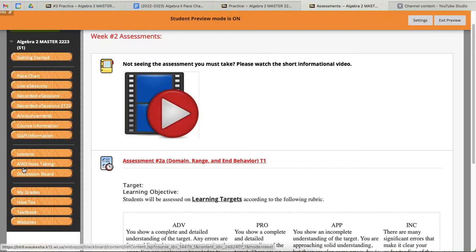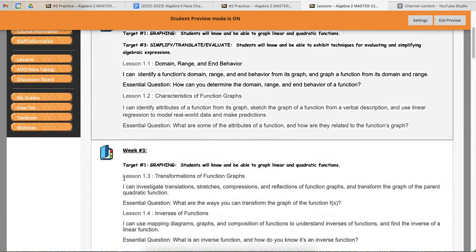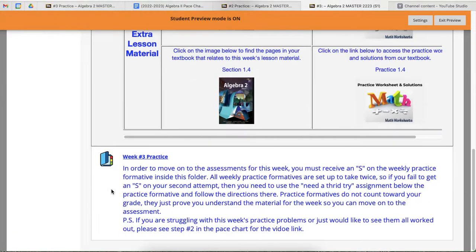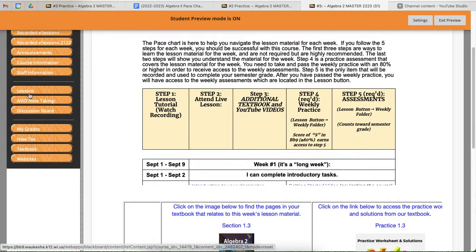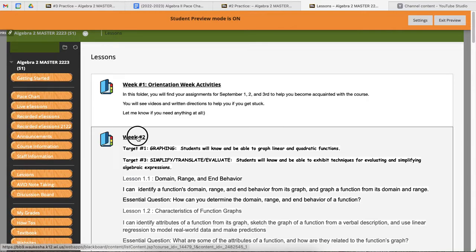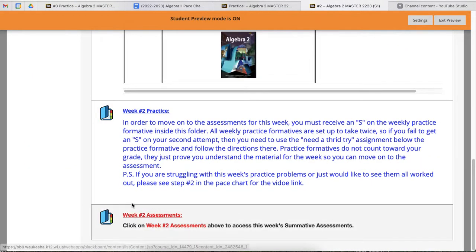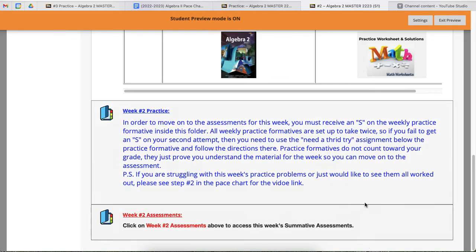So just a kind of a quick comparison here, if we look at week 3, if you remember, the student did not pass the formative on week 3, so we don't see any of the assessment folder at all. But in week 2, the student did pass the formative on the 3rd try,